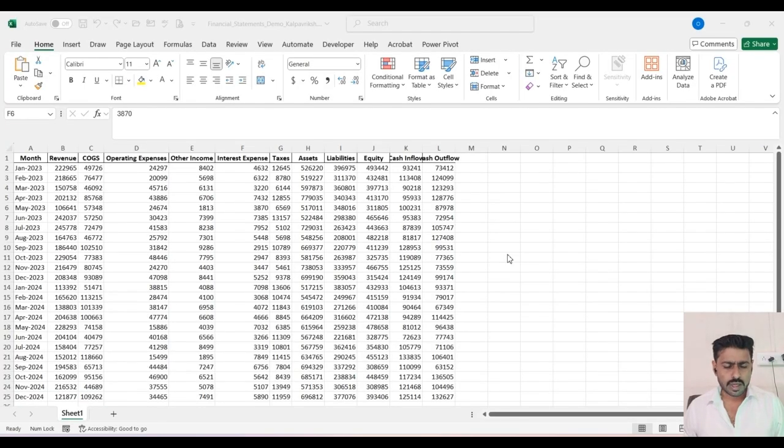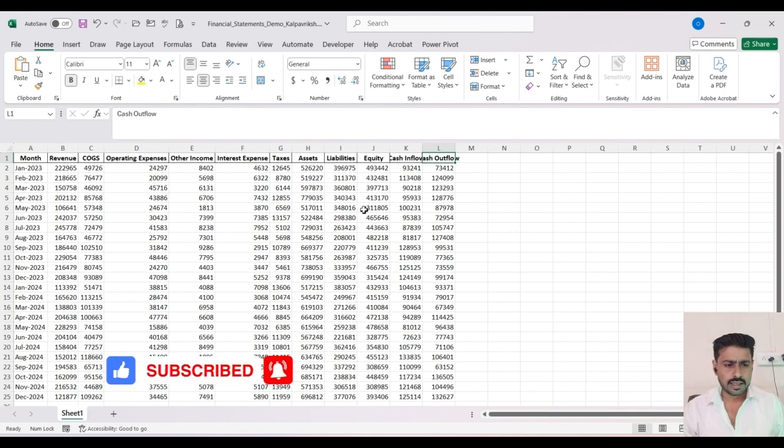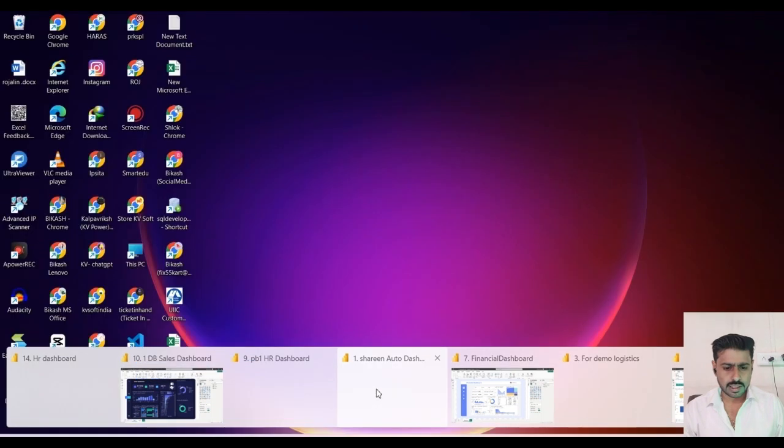So look at my Excel. We have month, revenue, box, operating system, other income, interest expenses, taxes, assets, liabilities, equity, cash inflow and cash outflow. So what we will be doing, we will be connecting with Power BI and then we will be trying to develop this type of graphs